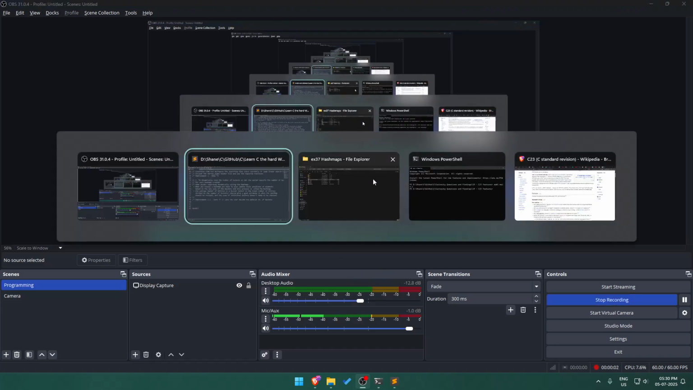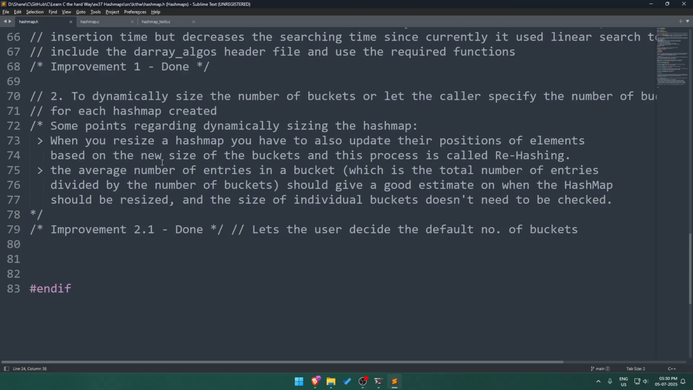Okay, so let's get on to dynamic size number of buckets. At some point regarding dynamic sizing, to resize the hash map, you have to also update the positions of elements based on the new size of the buckets, and this process is called rehashing. The average number of entries in a bucket, which is the total number of entries divided by the number of